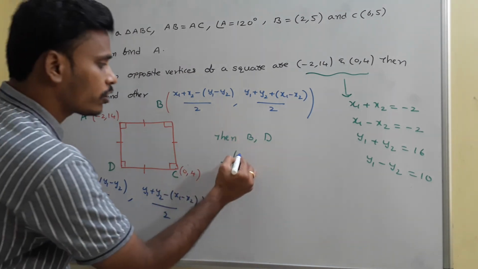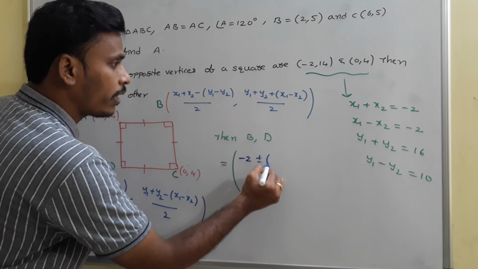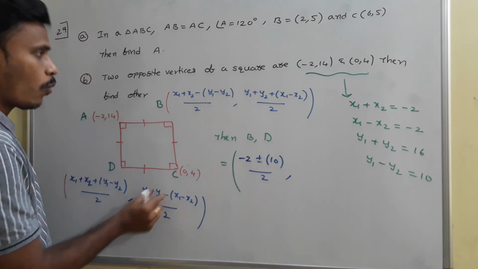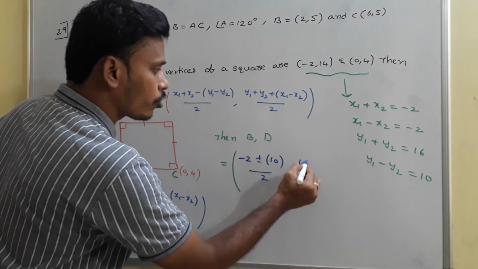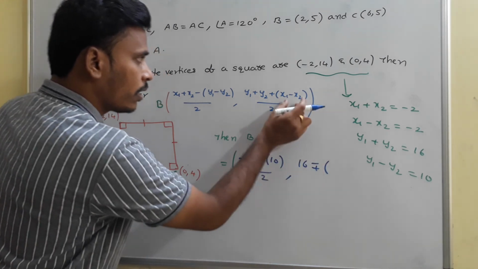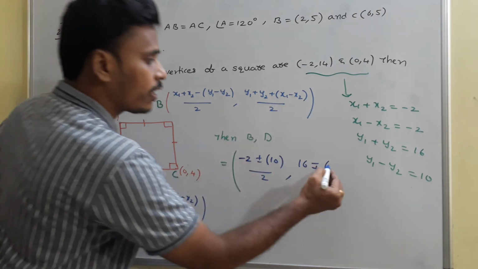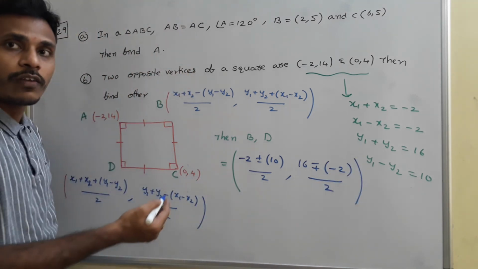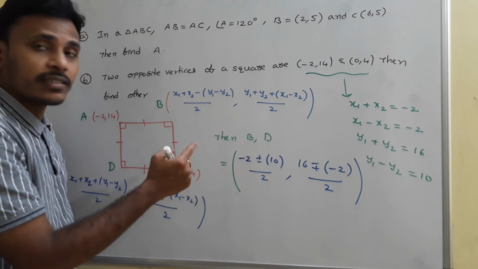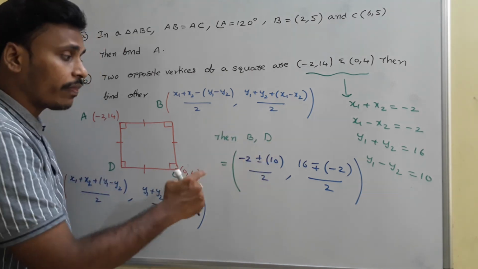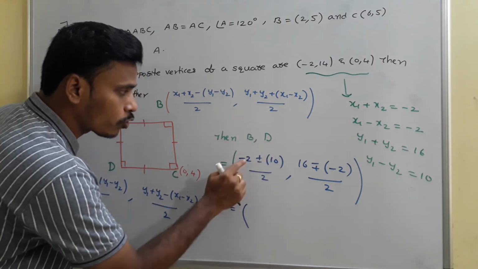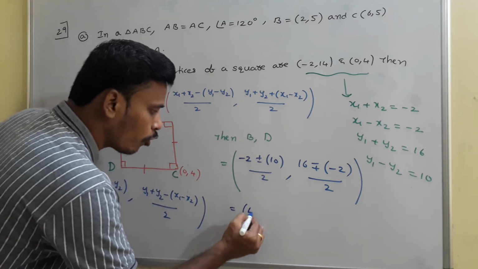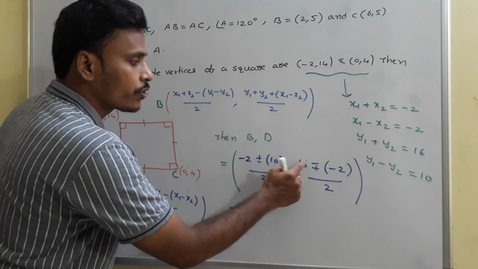x1 plus x2, which is minus 2, plus or minus y1 minus y2, which is 10, divided by 2, comma y1 plus y2, which is 16, minus or plus x1 minus x2, and that is minus 2, divided by 2. This is what we need to calculate. Once plus and then once minus, and minus and plus. So this is equal to minus 2 plus 10 is 8 by 2, 4, comma, here use minus 16 minus of